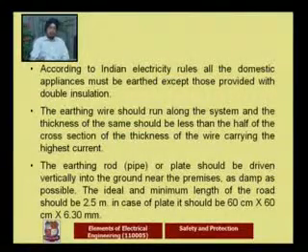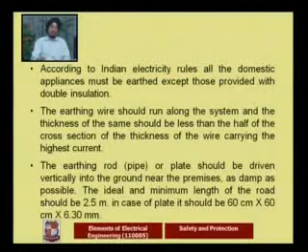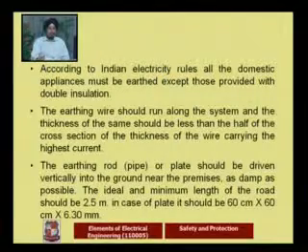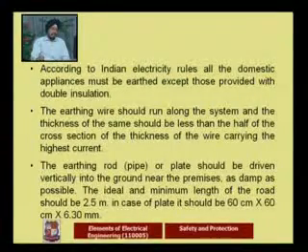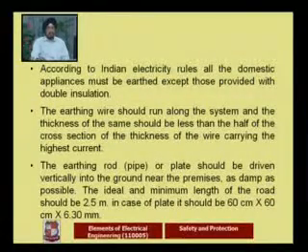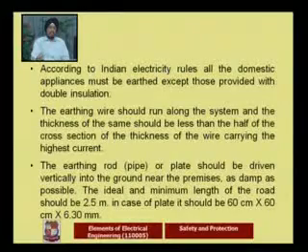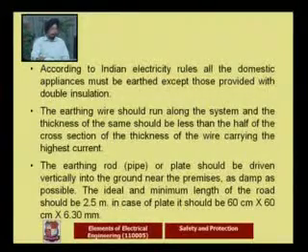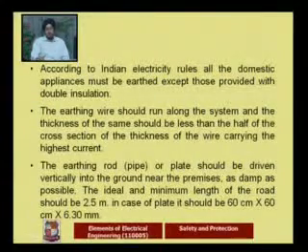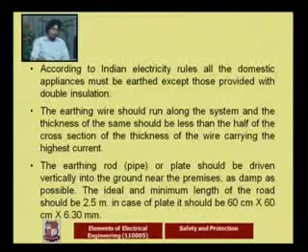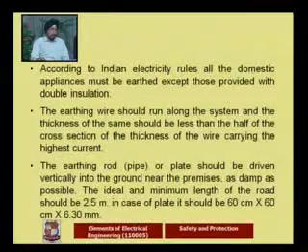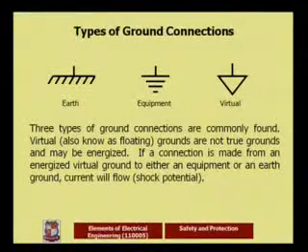The earthing wire, if you look carefully at our domestic side also, runs along the system only. Its thickness should not be less than 1/2 of the cross section of the wire carrying the highest current in the system. Earthing can be done with a rod, a pipe or a plate. Some standard equations and standard values are there, with the help of which we can do that earthing. Later on we will go with the figure of the same.